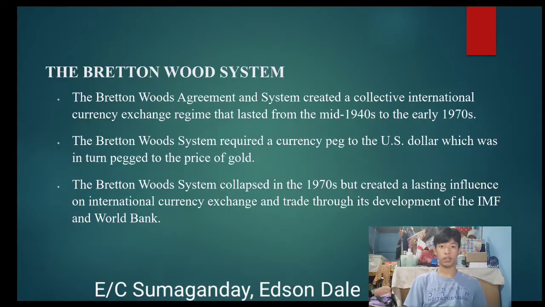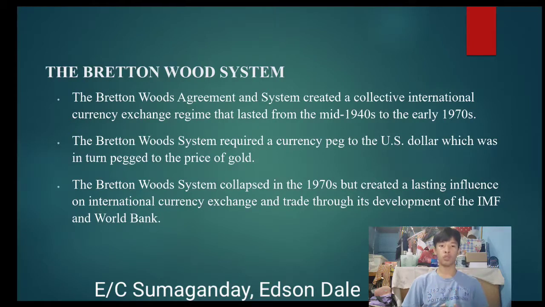Preparing to rebuild the international economic system while World War II was still raging, 730 delegates from all 44 allied nations gathered at the Mount Washington Hotel in Bretton Woods, New Hampshire, United States, for the United Nations Monetary and Financial Conference, also known as the Bretton Woods Conference. The delegates deliberated from July 1st until 22nd, 1944, and signed the Bretton Woods Agreement on its final day,